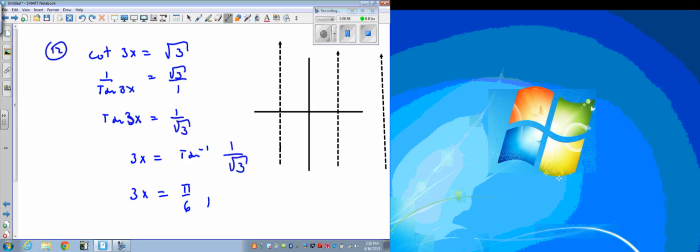Because it goes just like this, then it goes just like this, and from here to here, it's a pi. So every one of those things are pi apart, right? For tangent, everything's 180 degrees across. So what you do is you add pi to this,